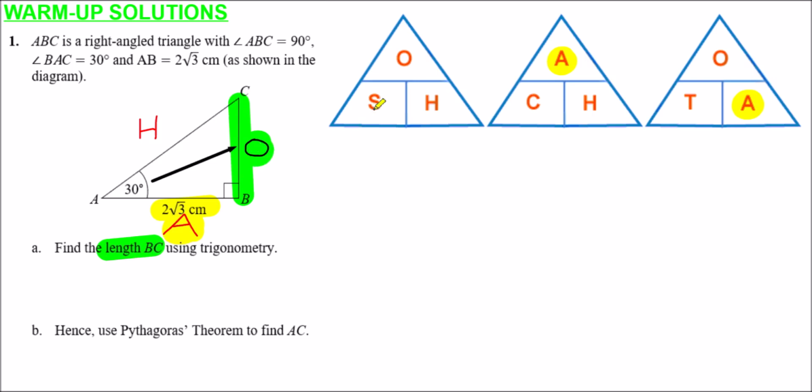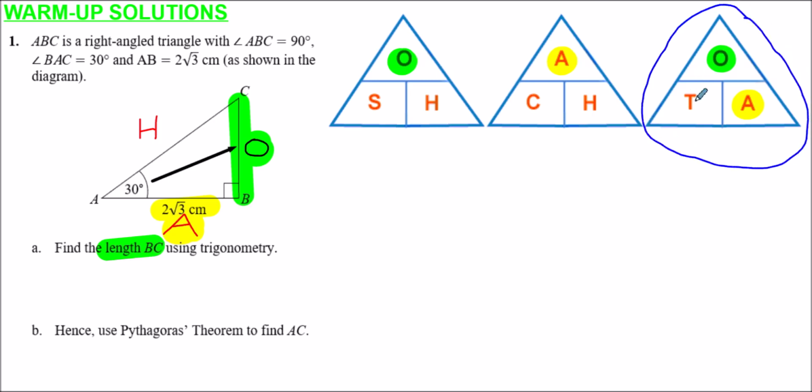So likewise, I also highlight the O. I then pick whichever triangle is the most colourful. Which one have I coloured in most of? I've only coloured in one thing on the SOH triangle, only the A on the CAH. However, on the TOA triangle, I've coloured in 2 bits, the O and the A. Therefore, this tells us that we're going to be using the TOA triangle, where T stands for tan of the